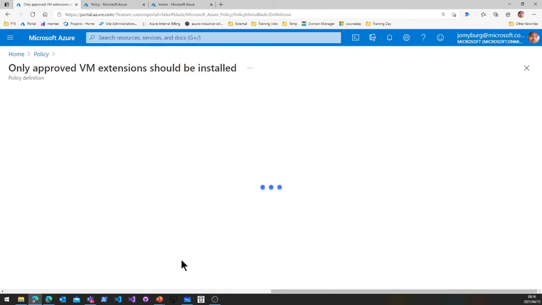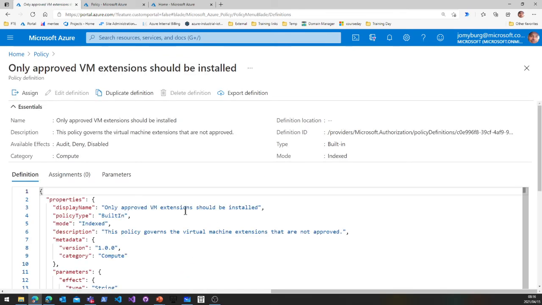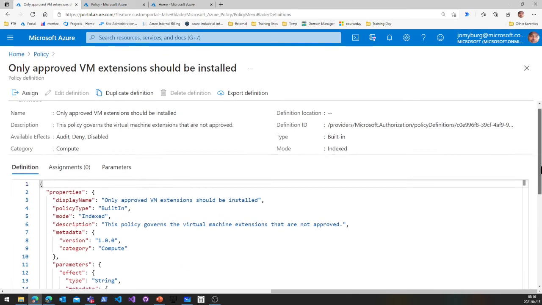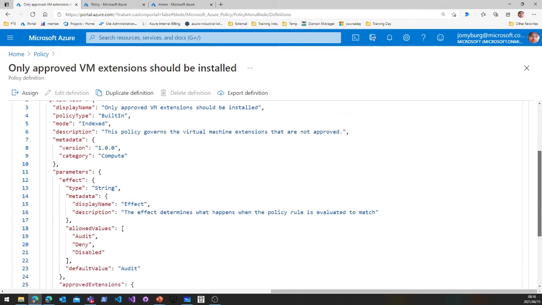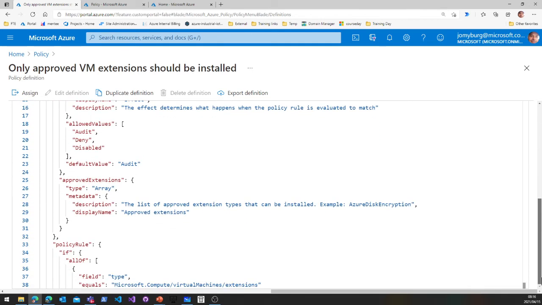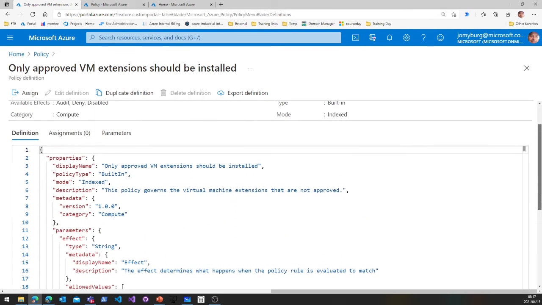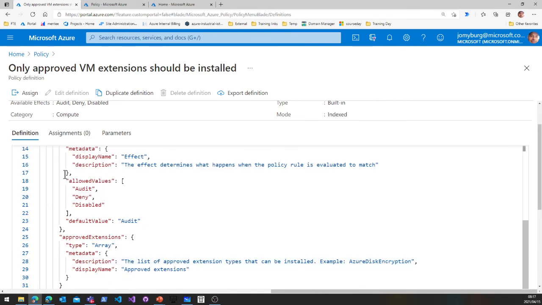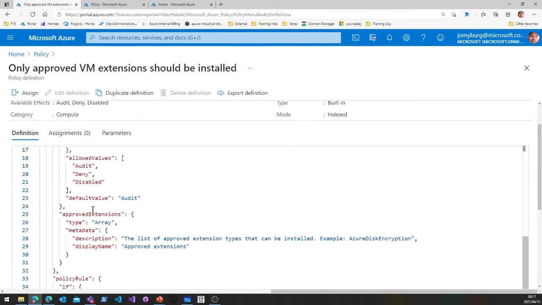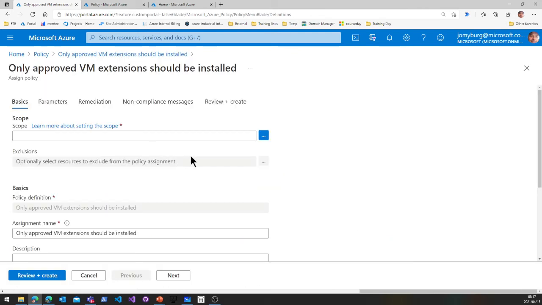So here you can see only approved VM extensions should be installed. This is an interesting one, and you'll see here I've actually got a policy definition, right? So this is really just a JSON file that has the policy outline and the name, the policy type, etc. all in here. And you'll see there's approved extensions, and this list approves some of your extensions. And if I click on the assign option here, you'll notice that I can go and specify